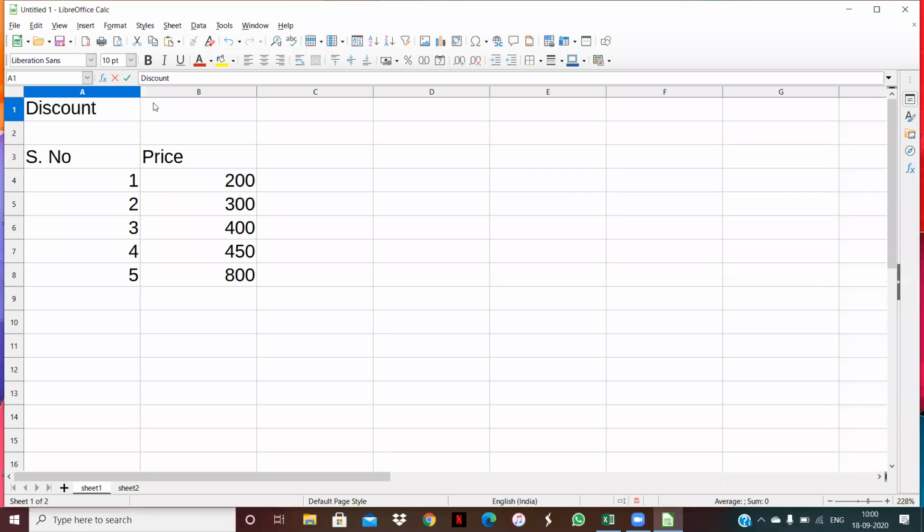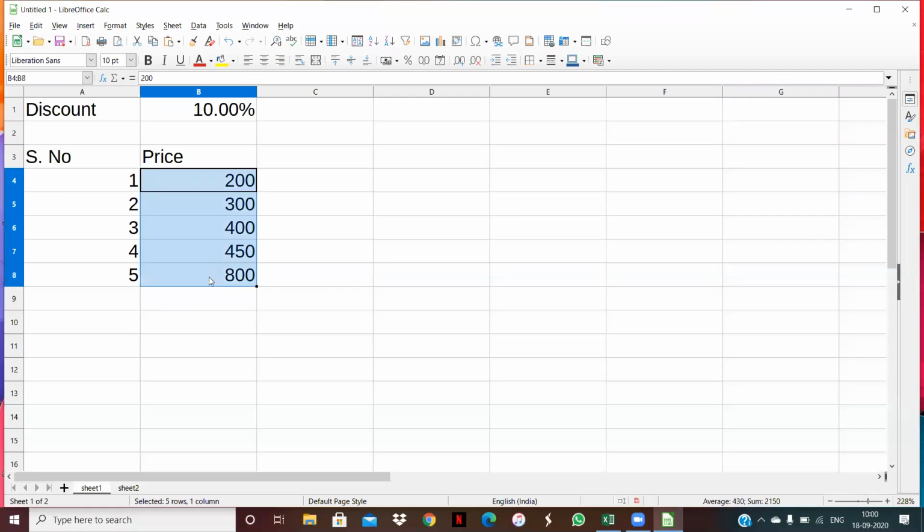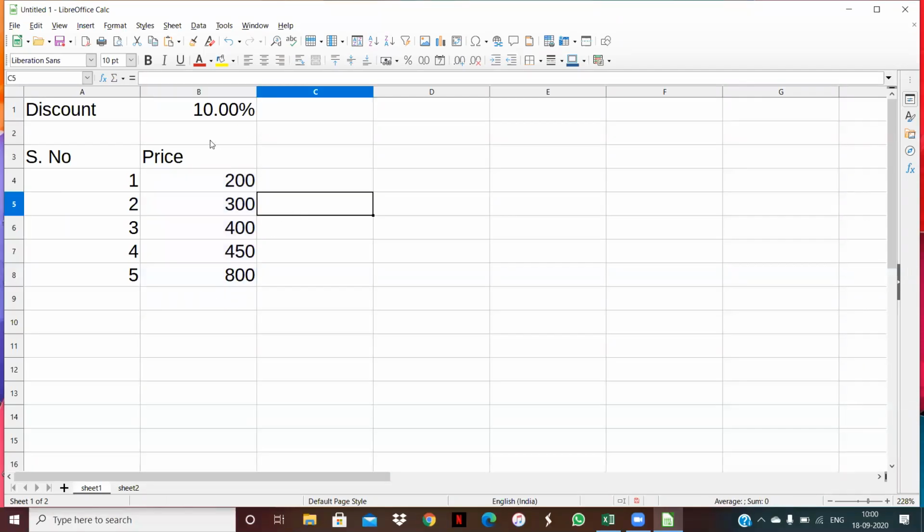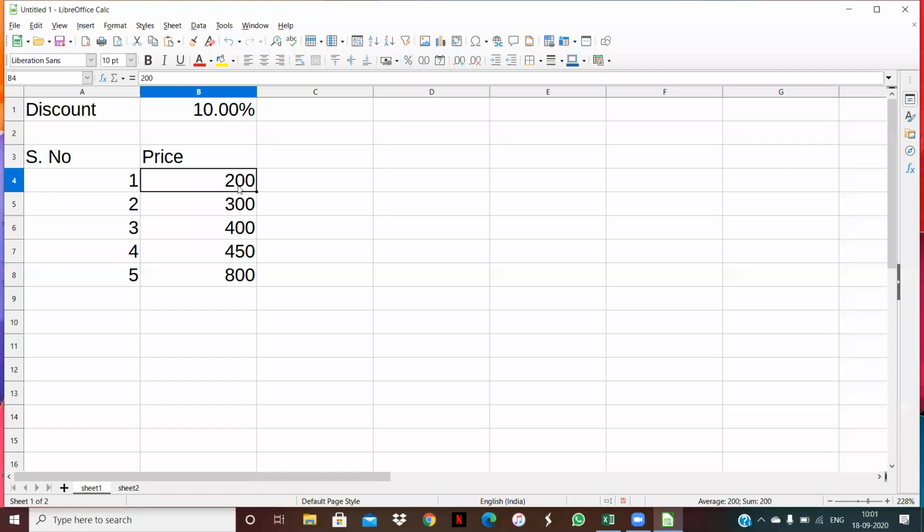Now suppose I want to calculate a discount. Suppose I want to set a 10% discount. Clear, my dear students? Now I want to calculate the 10% discount on these prices. It means that I want to keep the discount value fixed, and these values change every time, because first I want to calculate 10% of 200, next 10% of 300, then 10% of 400, and then 450.